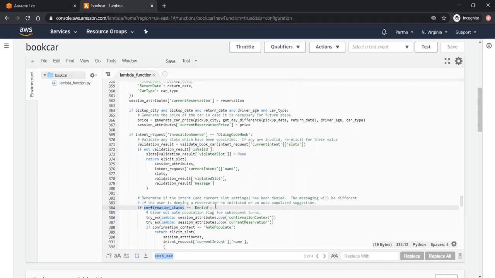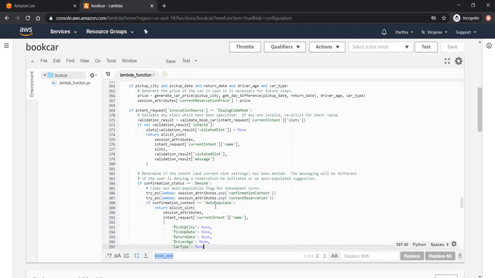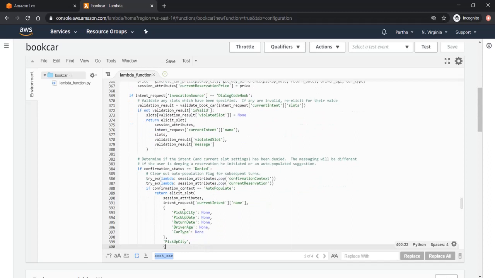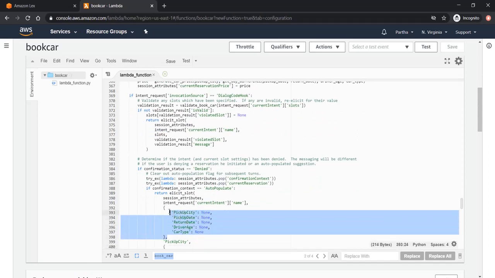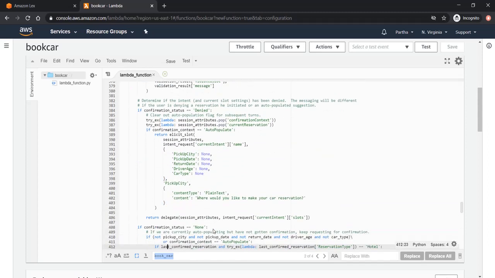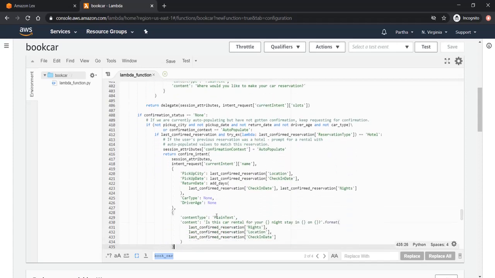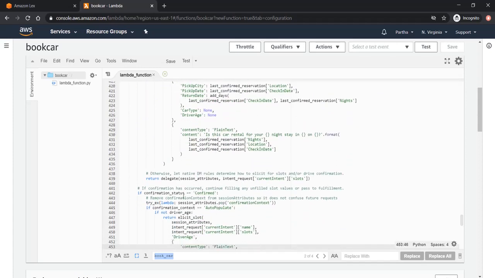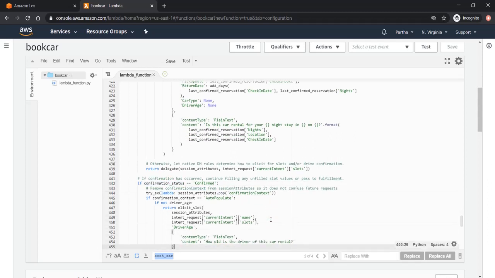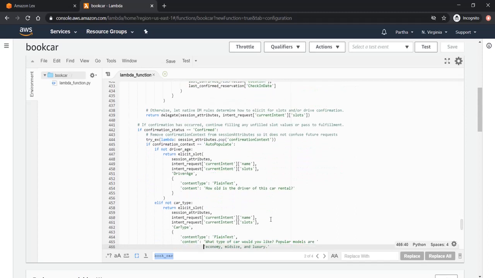If the confirmation status is denied, what I can do is I can directly reset the slot values, like this Lambda function is doing. It is resetting the slot values to null, none, and then if the confirmation status is none, then I can do some kind of other validations, and if the confirmation status is confirmed, then I can go ahead and take the slot values and do whatever I want to do.